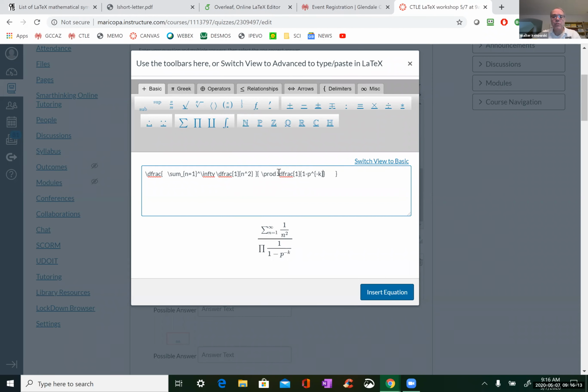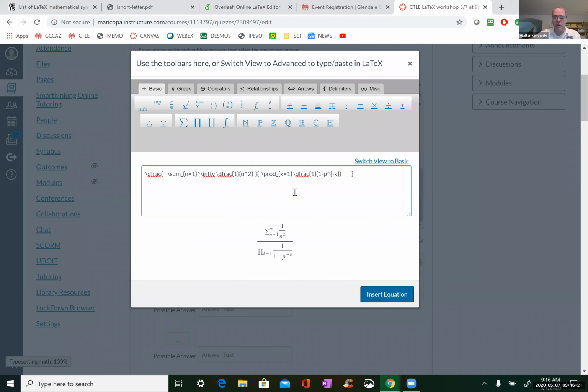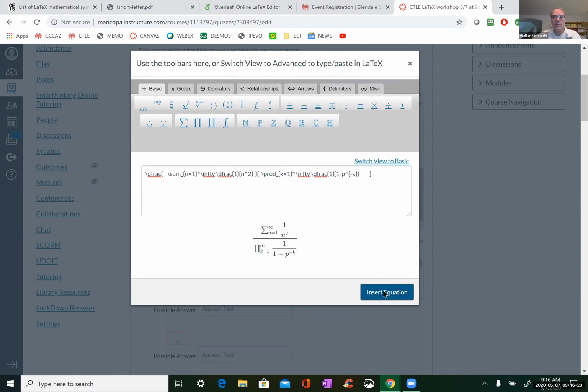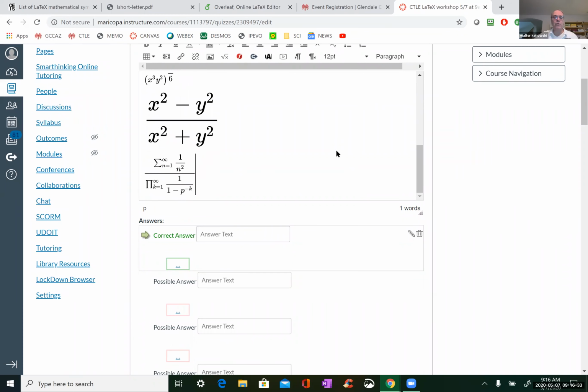Okay, but now I can put subscripts here if I want, and I can go k equals 1, and I can go to infinity again. And then I can insert the equation, and you see it'll do it without any trouble. Okay, so you can do very complex constructions without any trouble whatsoever. And you can do fractions within fractions.